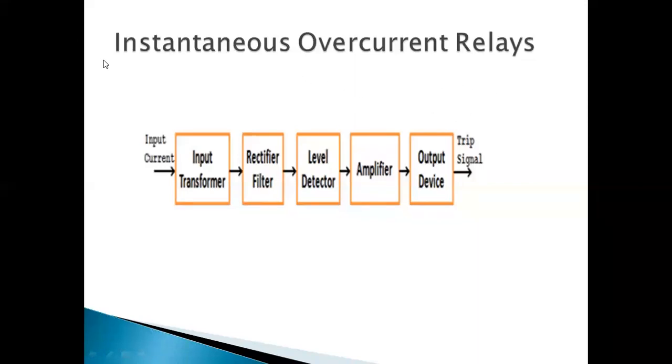So the instantaneous relays means what? I already told you, but instantaneous relays means that if any fault occurs in the system, your relay should immediately operate, right? When the fault occurs, the current reaches a high value. We set some value at the relay, which is called the pickup value. When the fault current reaches that pickup value, your relay should operate immediately.